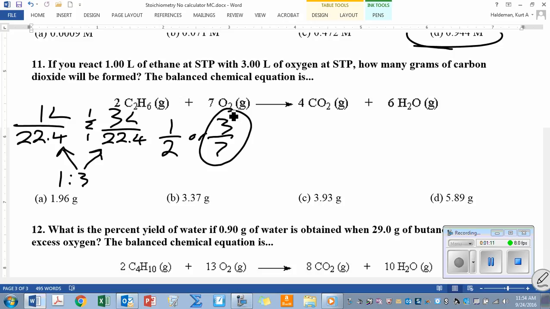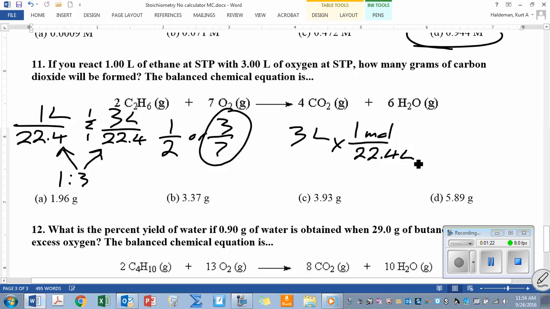But now I need to find out how many grams of carbon dioxide are going to be formed. And since I do know that it's going to be 3 liters of oxygen times 1 mole for every 22.4 liters, times 4 carbon dioxides for every 7 oxygens. And then that would be times the molar mass of carbon dioxide, which is 44 grams for every 1 mole. So now that I've got this,